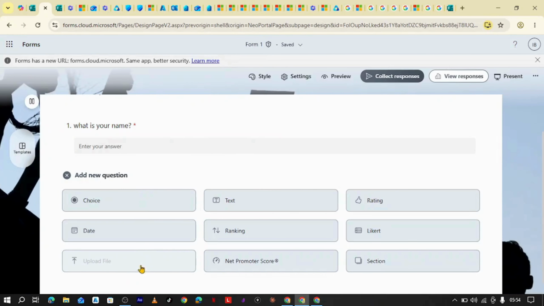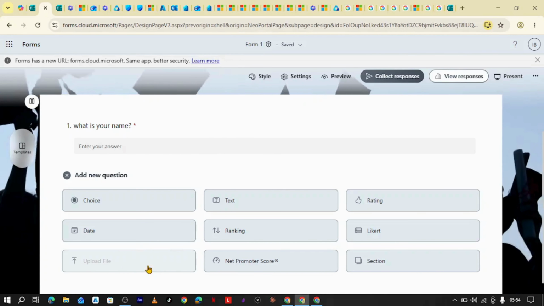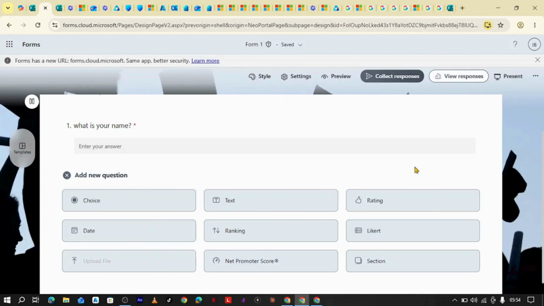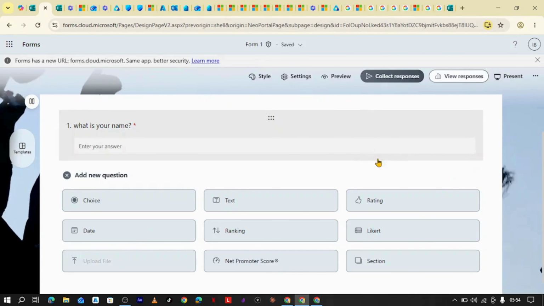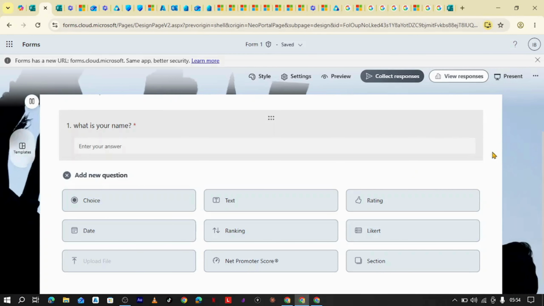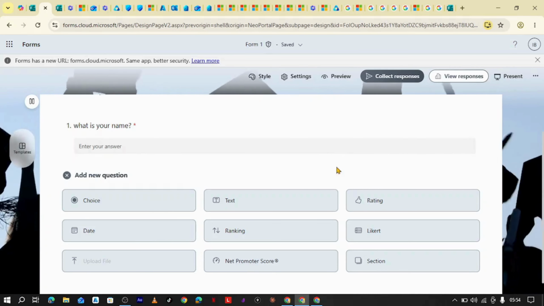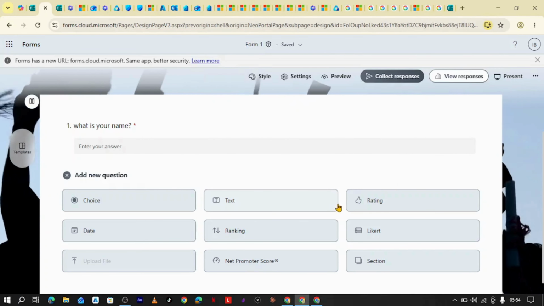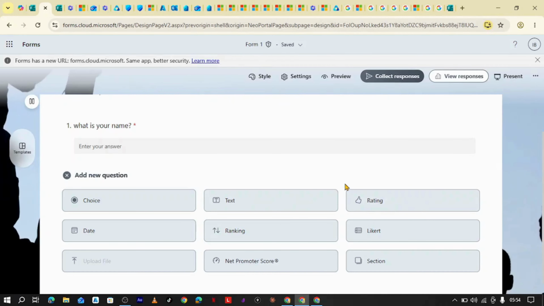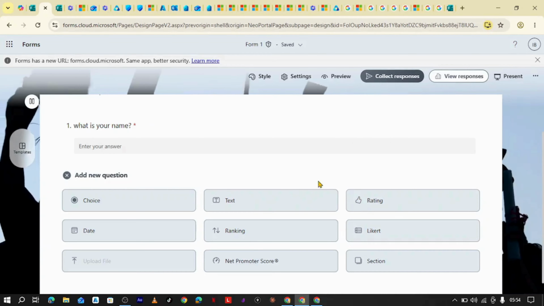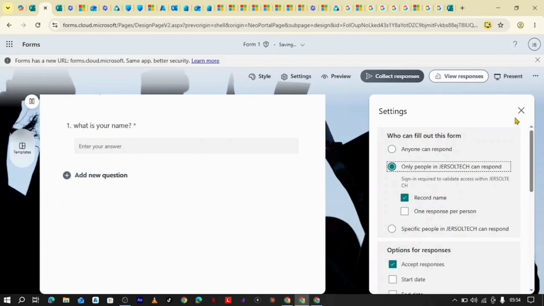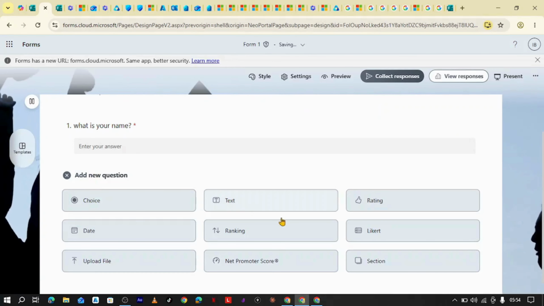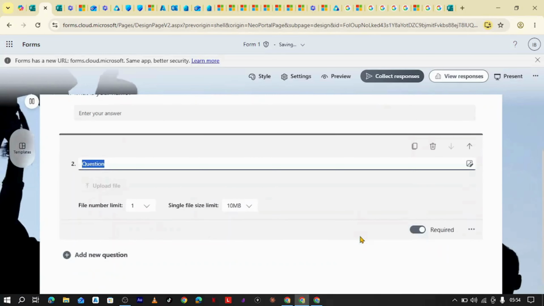So basically, what you need to understand is that the moment you include upload file as a question, you cannot set it for anyone to respond. And the moment that is done, it becomes more like a restriction. I'll be creating a video where I'll show you exactly how to work around this, how you can actually still upload your file even when you are making it possible for anyone to respond to your form. So if I come down to my settings again and I go to only specific people in my organization, and I click on add a question, for instance, and I click on upload file,